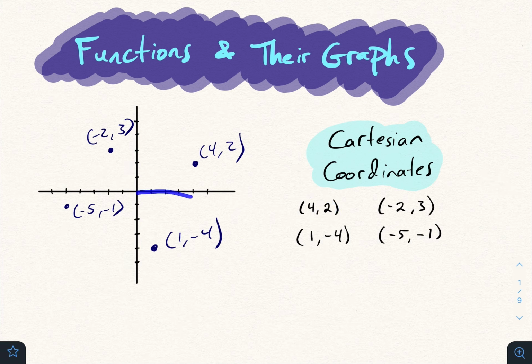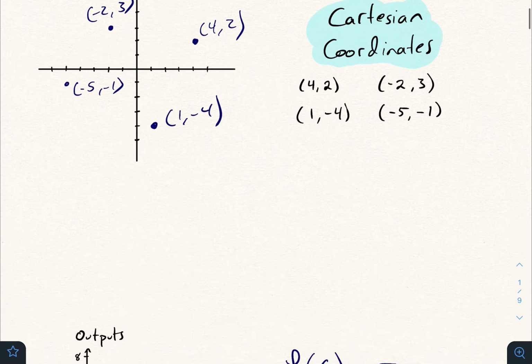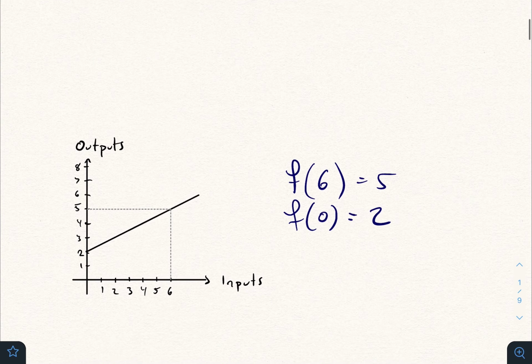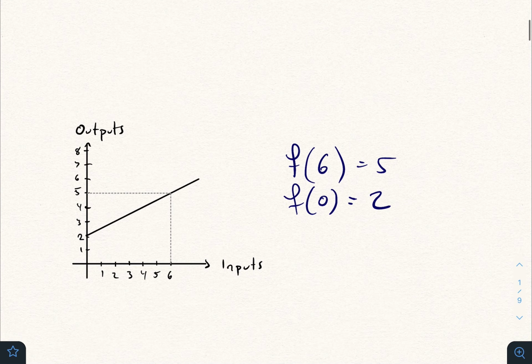So (4, 2), we go right 4 and up 2. (-2, 3), we go left 2, up 3. (1, -4), we go right 1, down 4. And then (-5, -1), we go left 5 and down 1. So remember that we can describe a function using a graph